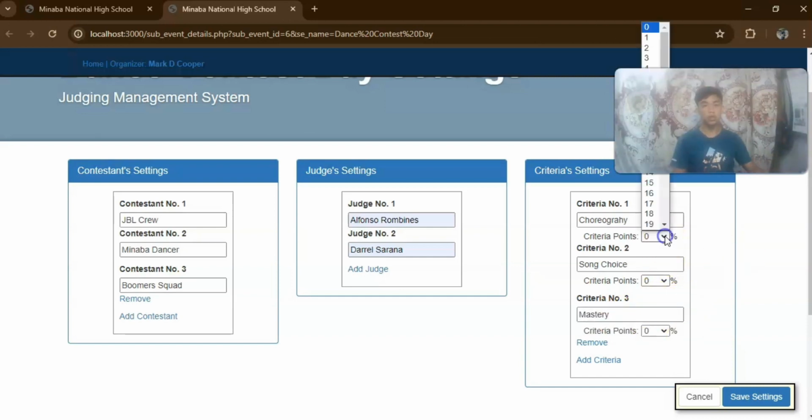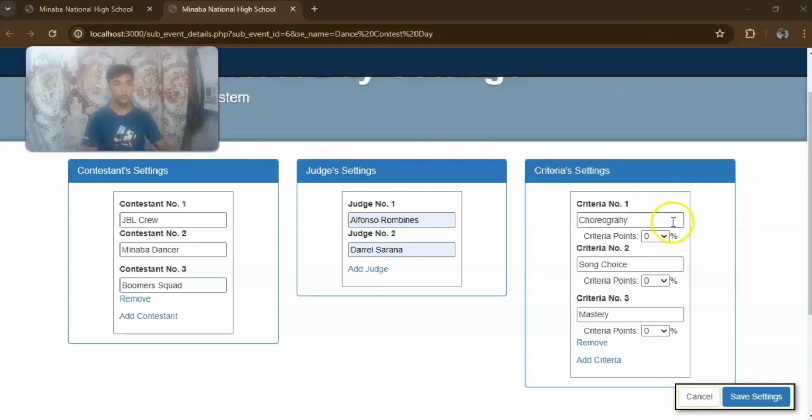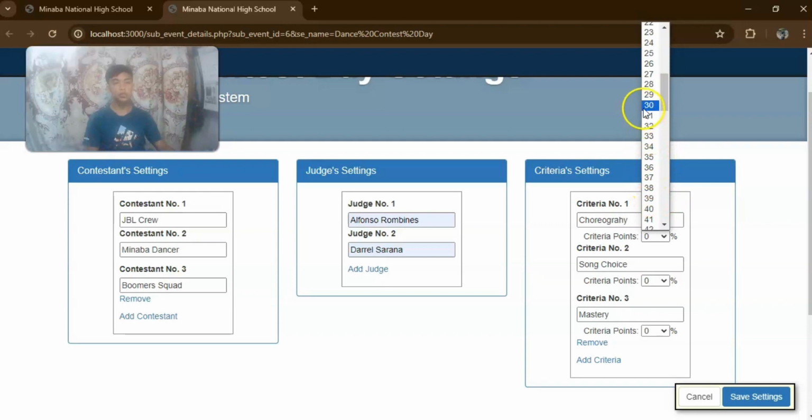Let's just say choreography is 50%, then 10%, and then mastery is 40%, so the total is 100%. Then save settings. The event details are set.